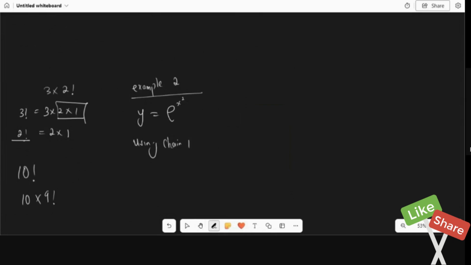So using chain rule, if y is equal to e to the power of x to the power of 2,